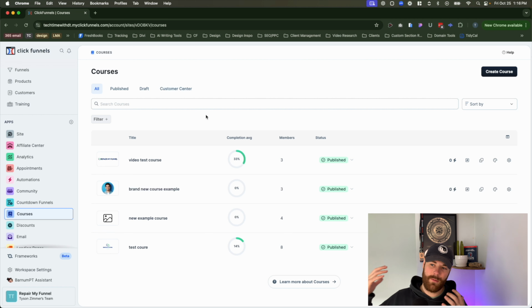The colors, the fonts, the presets for buttons, the presets for corners, shadows, all that's going to be coming from that topmost layer. Again, you can override at each point from the site to the funnel, page, courses. And that brings us to what we're talking about today, which is how to adjust the style for your courses